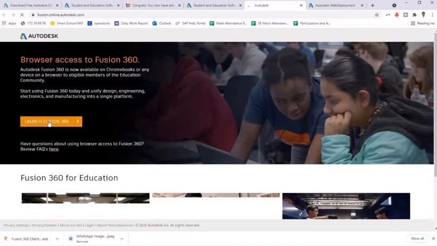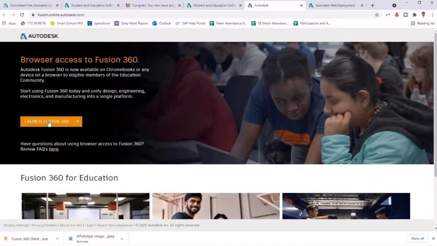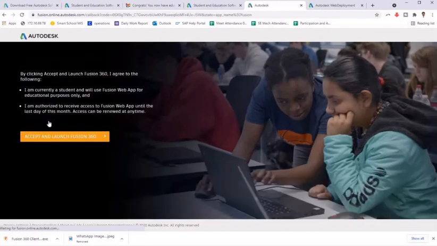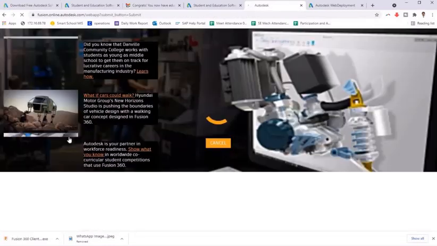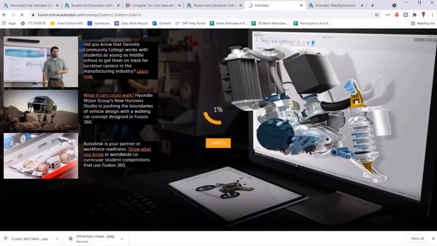Click on access, launch Fusion 360. Click on this. Accept and launch Fusion 360. It will take some time for completing the procedure.